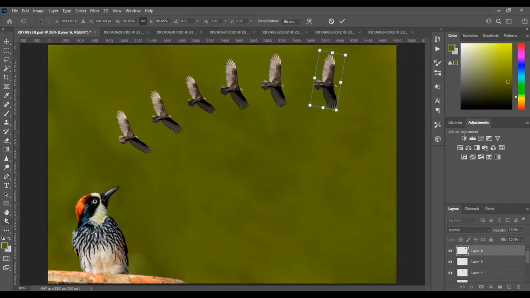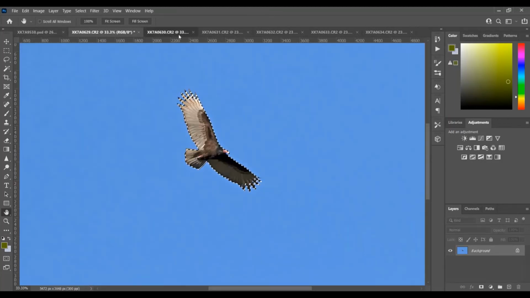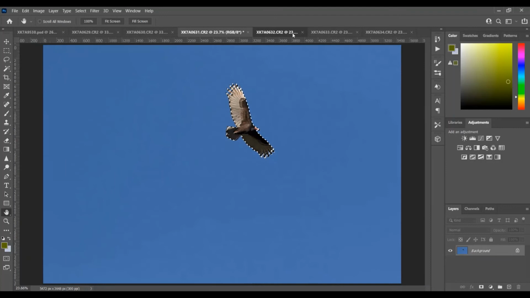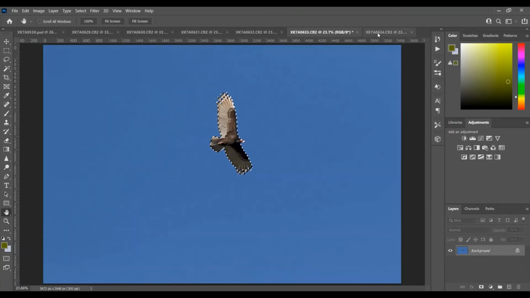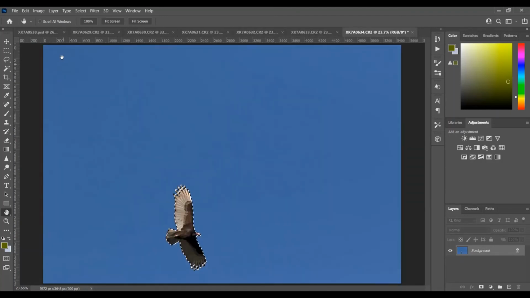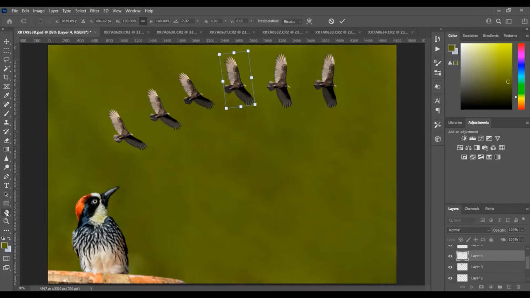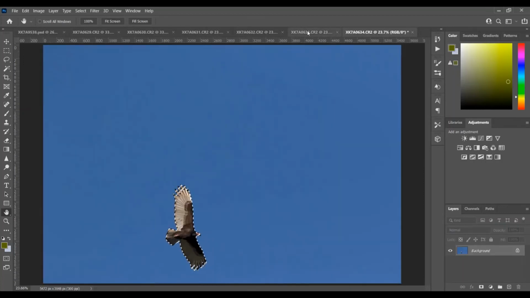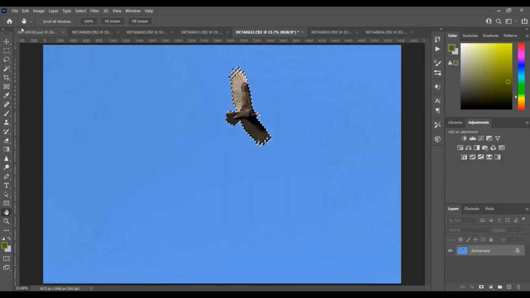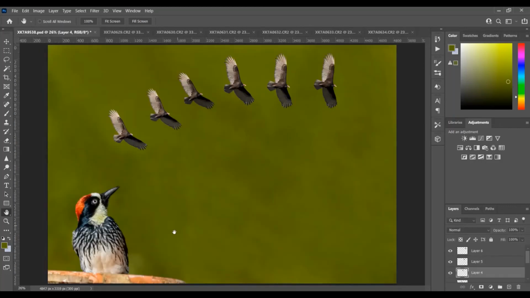Now you can see that all these images were just blank images against the blue sky, which were not really usable when I want to post them, because they were taken for record purposes. I'm just stopping here and now you can see that these images were standalone images which were not really usable. Now we have made a story out of it.